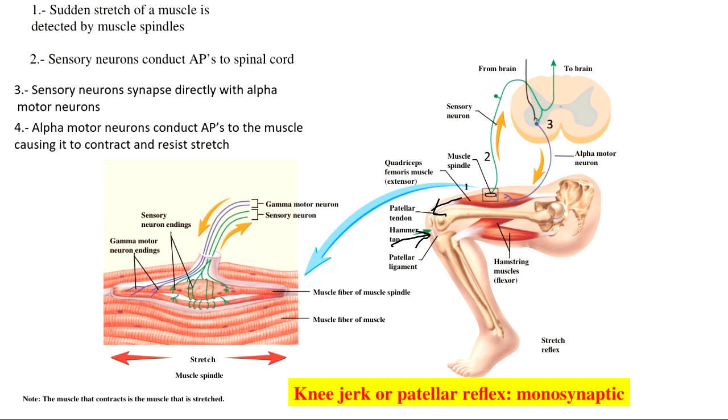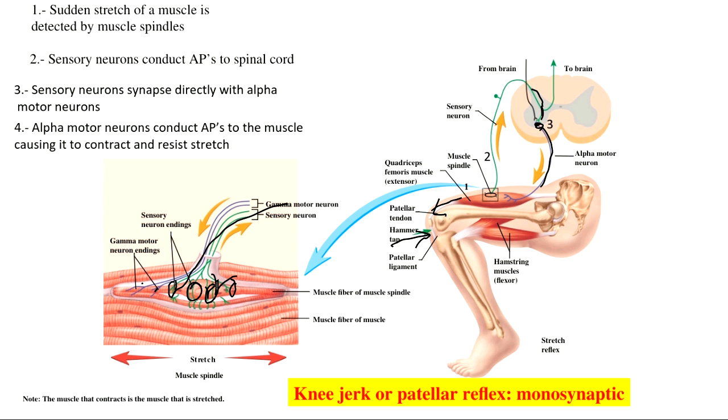The proprioceptors wrapped around the muscle fibers are going to sense the pull and send that sensory information to the spinal cord. This is a monosynaptic reflex because the little sensory neuron is directly connected to the motor neuron, and the command goes out